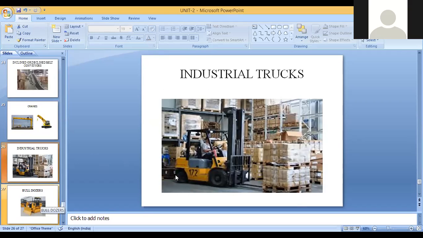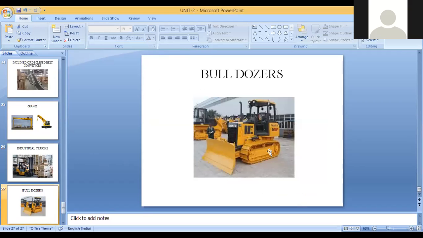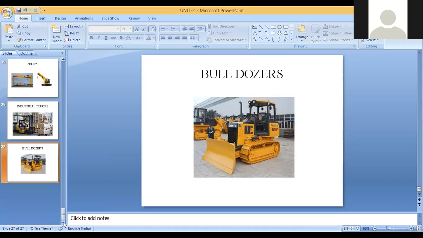These are bulldozers. Bulldozers are also material handling. Mostly we use them for shifting material. It means if you have sand or some material for pushing purposes, we use this type of bulldozers. And sometimes, if you change its position, you can keep some material in this area and carry it. So this is about the different types of material handling systems we use.